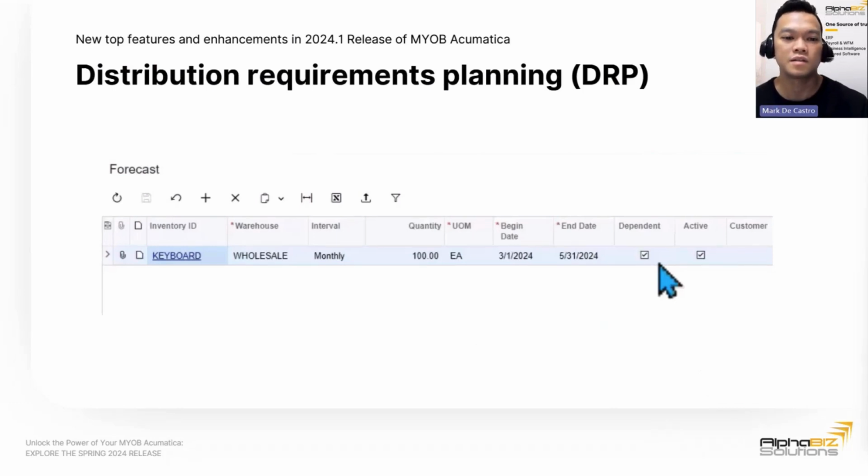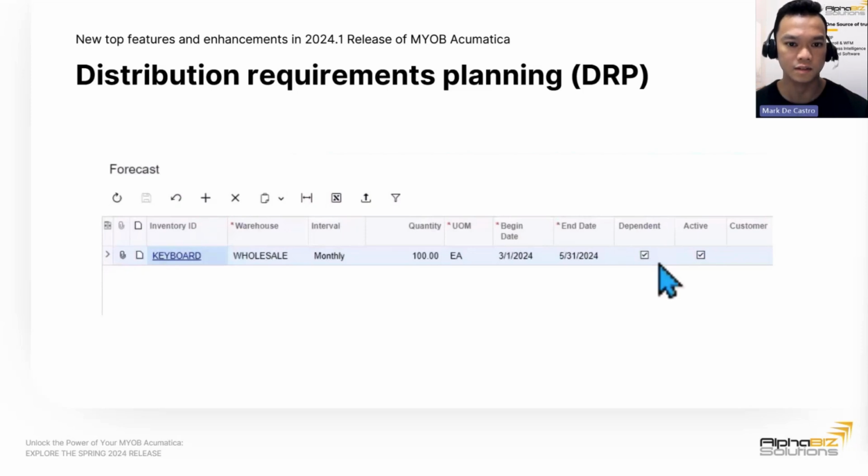So what is DRP? It stands for Distribution Requirements Planning. So with this feature enabled, it will provide suggestions to buy, make, or transfer orders with the goal of preventing companies from running out of inventory or having too much inventory based on multiple sources of demand. It also considers lead time, to ensure having stocks just in time to avoid delays. So this will be very helpful for businesses that need to stay on top of inventory management. And absolutely, this feature is a game changer. So let's see how it works on this screenshot.